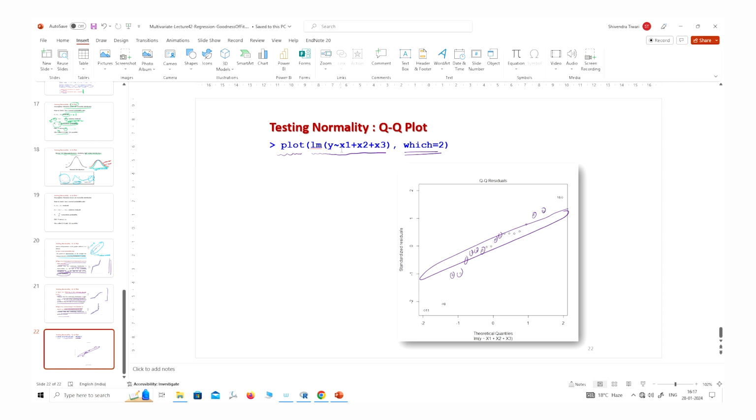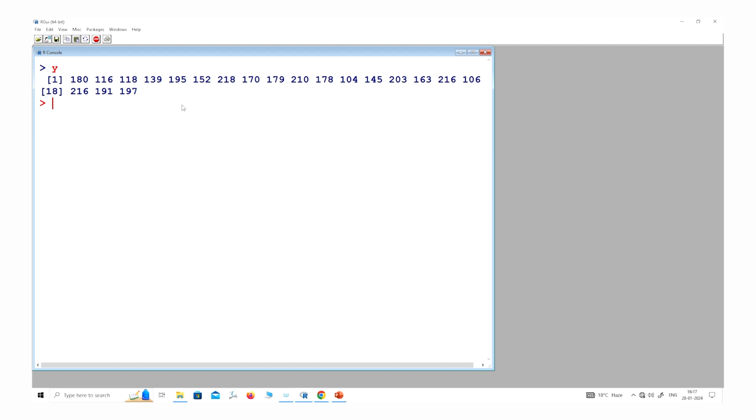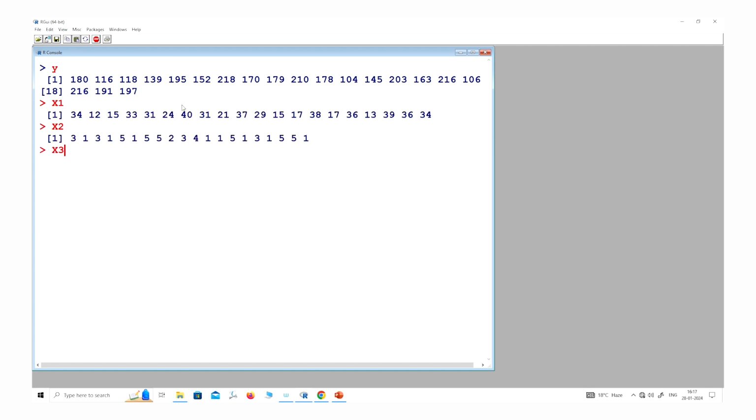So here, if you try to recall, I will write down this command here, and we already have entered the data on y, x1, x2, and x3, right? And now you have to use the command plot lm y tilde x1 plus x2 plus x3, right?